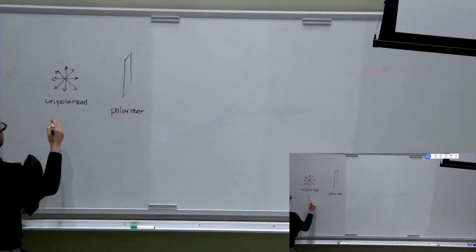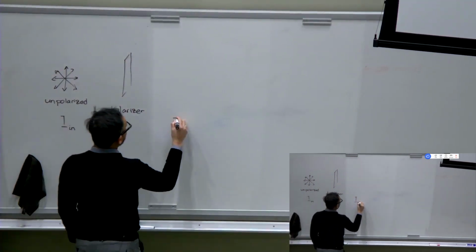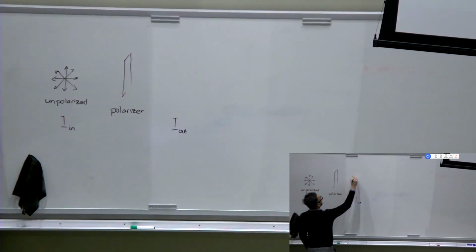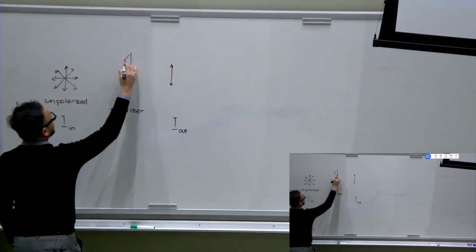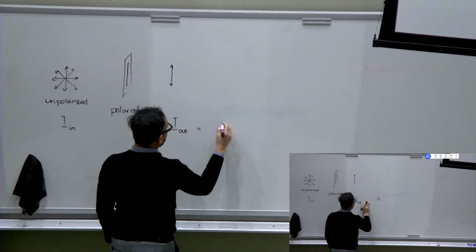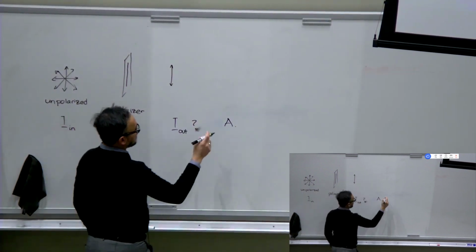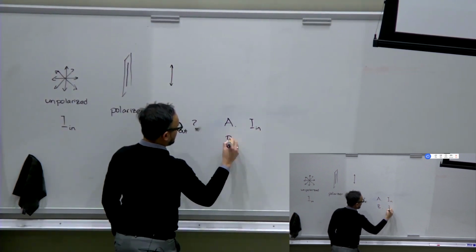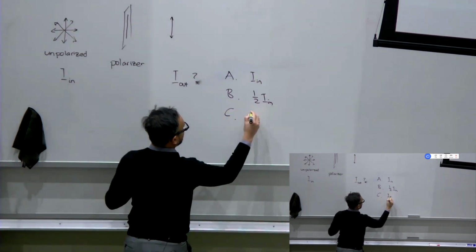The intensity of the input is I input. In terms of the polarization axis, let's say it is vertical. What is the intensity of the light that comes out of the polarizer? A is I in, B is half I in, C